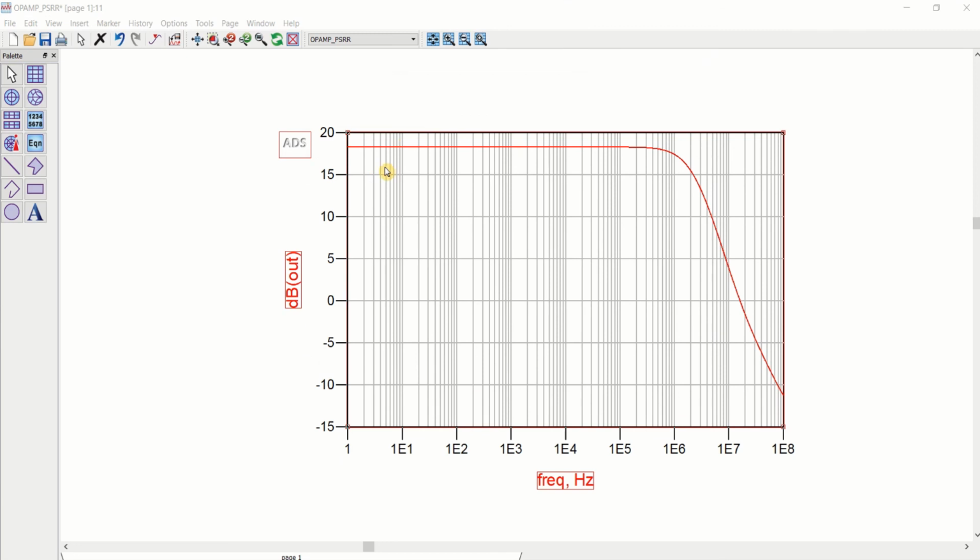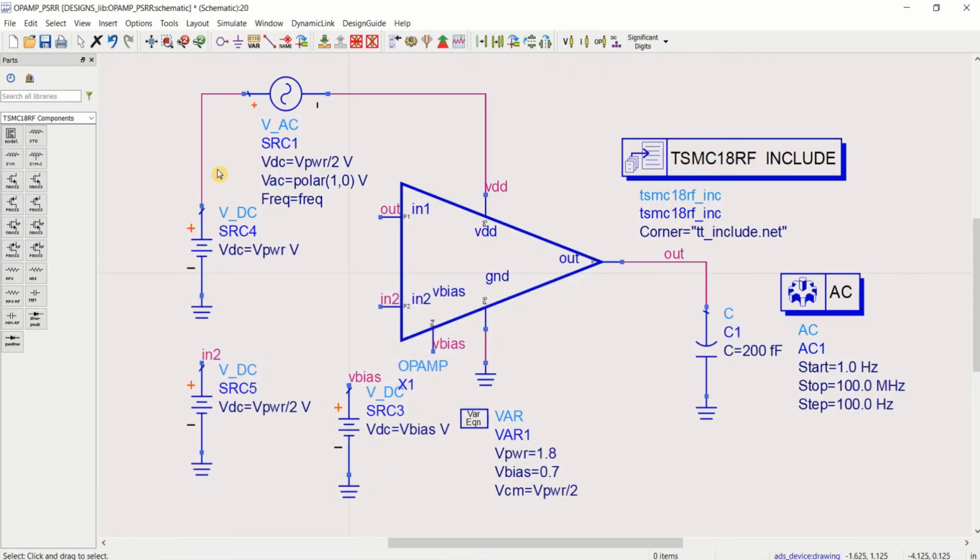The dB here is positive. The main change is the VDC has to be a value of 0 potential. Then you can perform the simulation again.